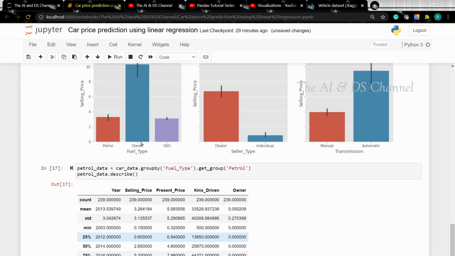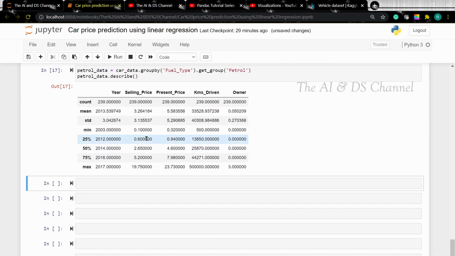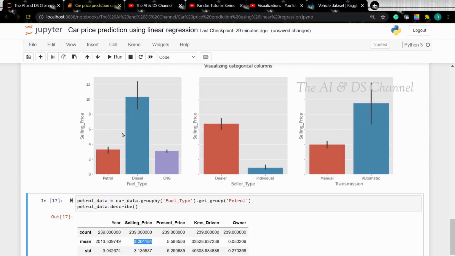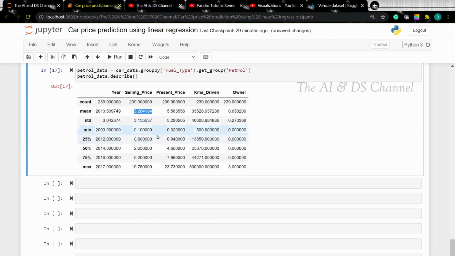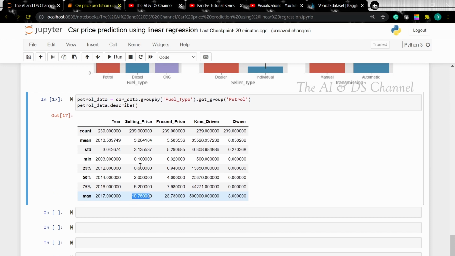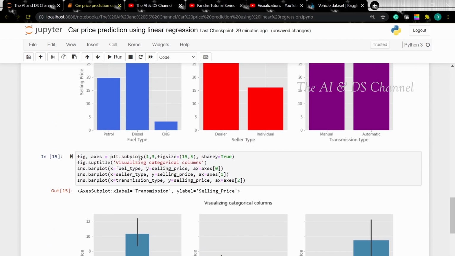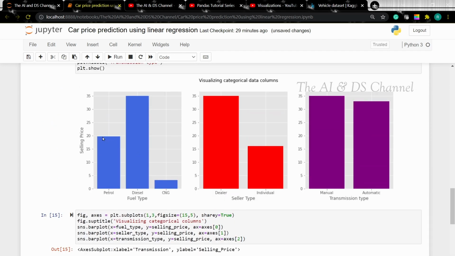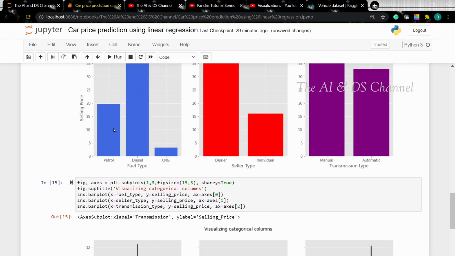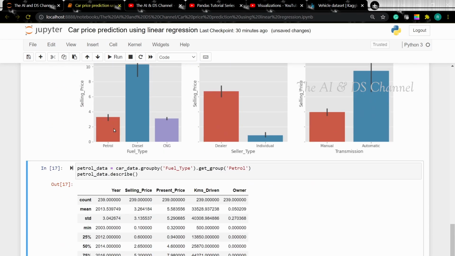If we look at this column, we can see that the mean value of petrol in selling price is 3.26. This corresponds to the value being plotted over here. Similarly, the max value of petrol in selling price is 19.7. This corresponds to the value being plotted over here. Now let's do this for one more categorical column, say for example dealer in seller type.